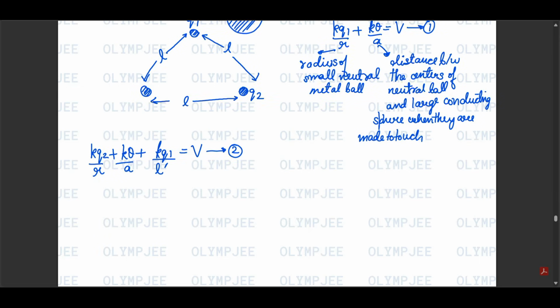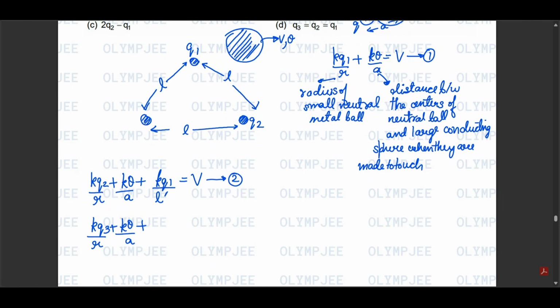And when this Q3 is made to touch this, then both Q1 and Q2 will affect the potential, and we are assuming that the distance from Q1 and Q2 to Q3, when it touches the large metal ball, is the same. Because this large metal ball is very big and these distances are very small, we can take the distance L dash as the same. So it will be,